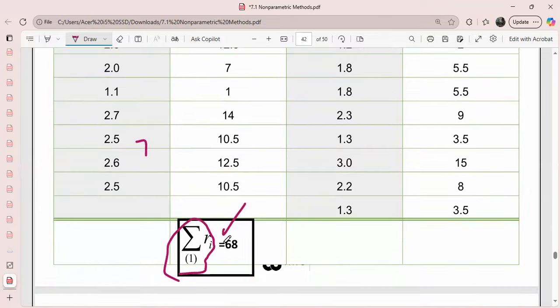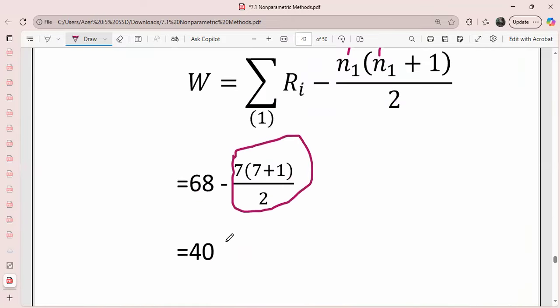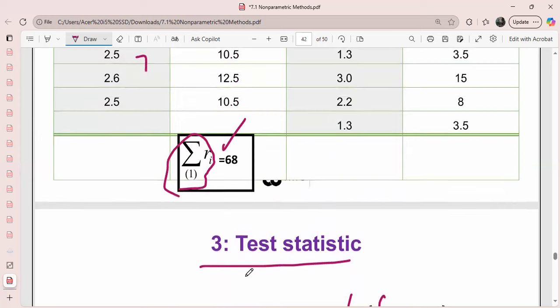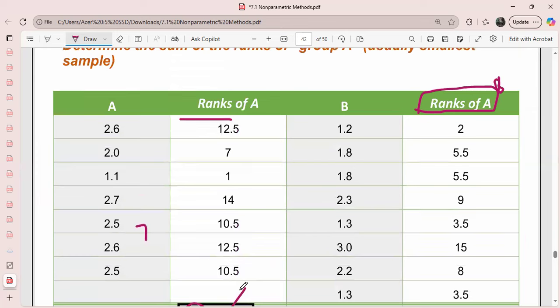Once you get this 68, you just go to here. You say 68 minus this whole thing. You get the test statistic as 40. Just follow the steps and trust me, you'll see that this is interesting. Remember, once you get the ranks of A, here, they made a mistake. It's supposed to be the ranks of B. Here, it's supposed to be B. Once you get the ranks,